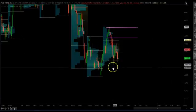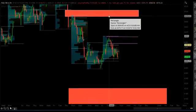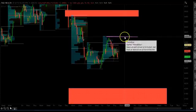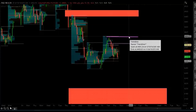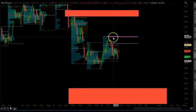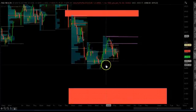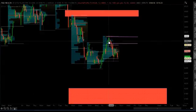We thought that this thing would just take off and roll over. We did point out 2 areas. We said the upper area, let's say 4478 on up into that 4500 area, and then these 2 areas here, which was the 4375 up into that 4400 area. We said if price gets above that, then we probably will roll up into the next area. Price went in and almost to the tick hit the top of the area, and then rolled back down. But more important is that we had this amazing rally early in the week,